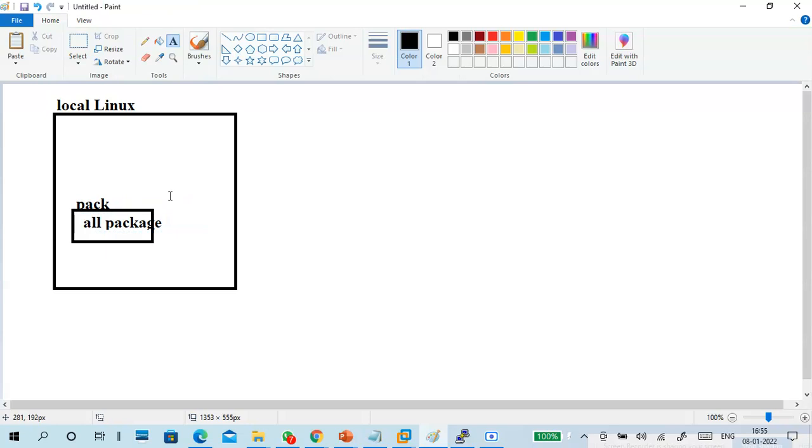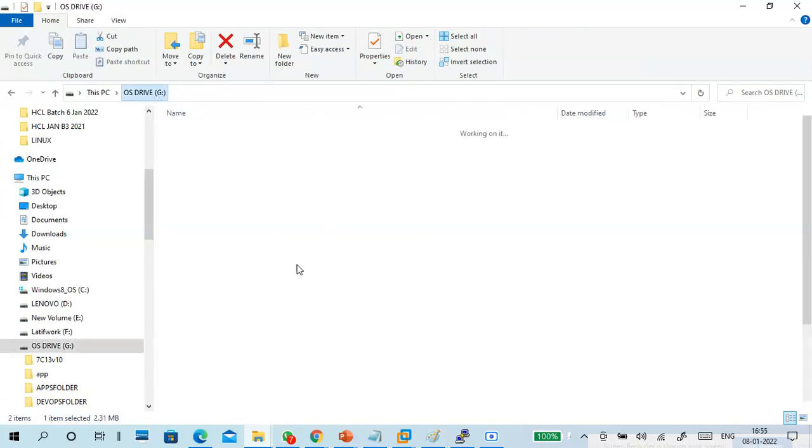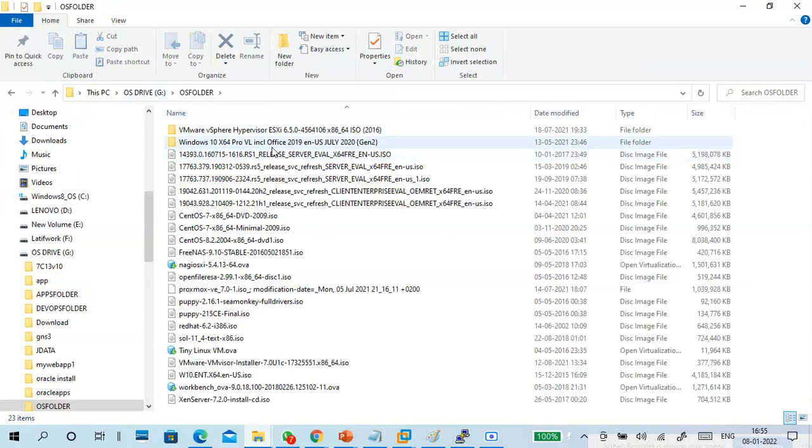So in Linux, I create a folder, and in the folder I put all the applications. Do you want to see how it looks? I can show you, but you don't try it. This is the CentOS DVD.